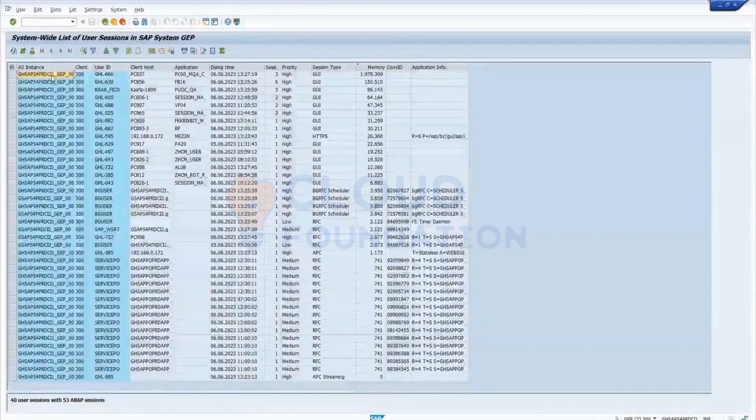This one. Are you able to see? Some people are logging into 12 also. Now you go back again. Go back again.